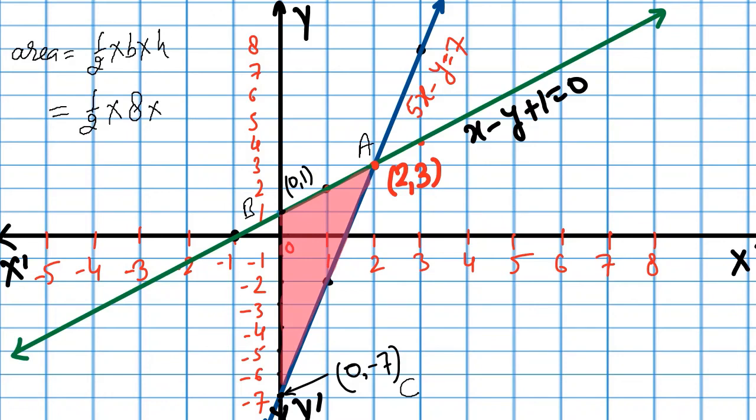And height from this point. This is a perpendicular, because we are taking the base on the y-axis, so the perpendicular will be on the y-axis. So here we'll count 1 and 2. You can see from here 1 and 2. So height will be 2. Okay. Then we can cancel this 2 by 2. So area will be 8 square units. I hope you understood well. So I'm going ahead.